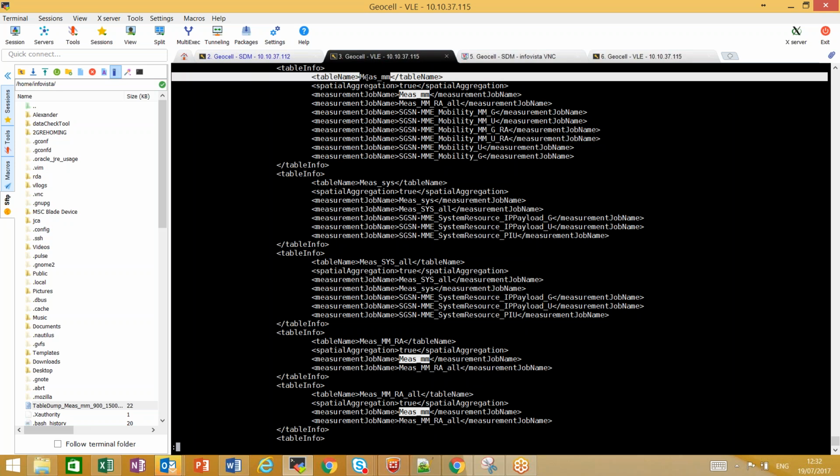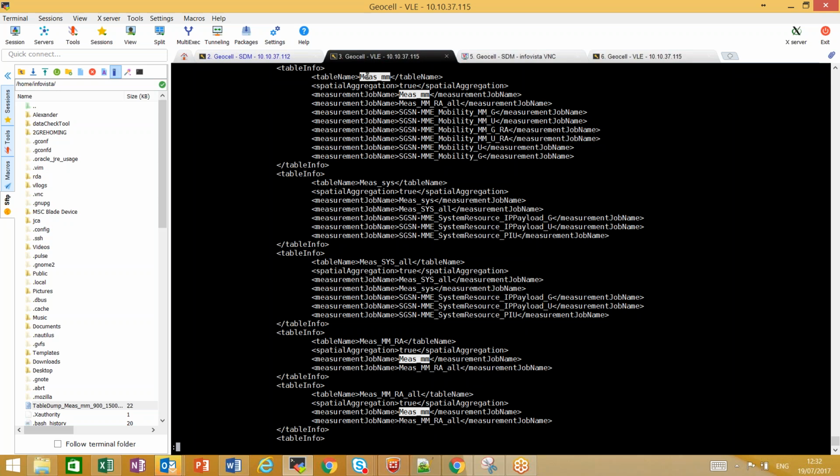It's not really a table inside of the PM file. This table is a concatenation of tables which have different job names. As you can see, the table MIAS_MM inside of Vista Link takes counters from 1, 2, 3, 4, 5, 6, 7, 8 different